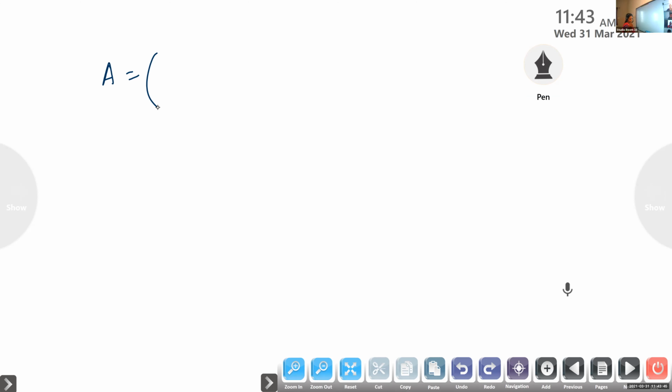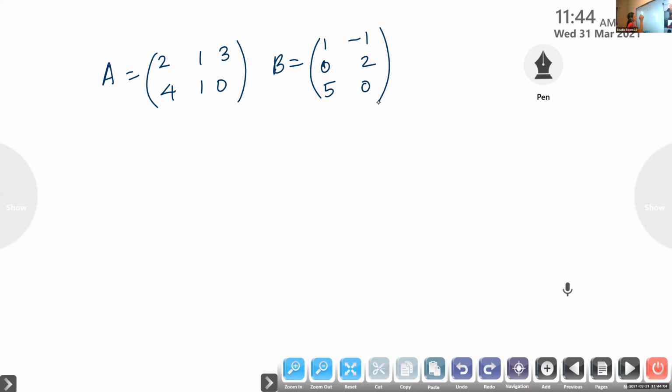If A is equal to matrix 2, 1, 3, 4, 1, 0 and B is equal to matrix 1, minus 1, 0, 2, 5, 0, 5, 0. Verify that